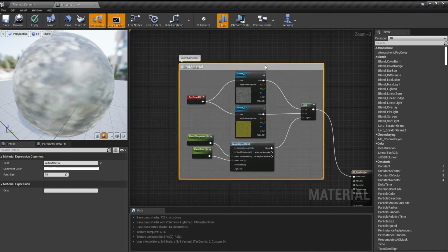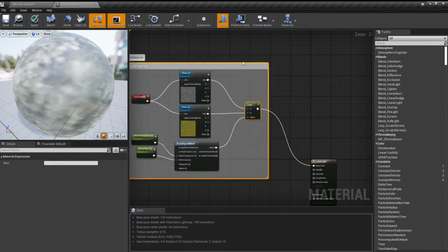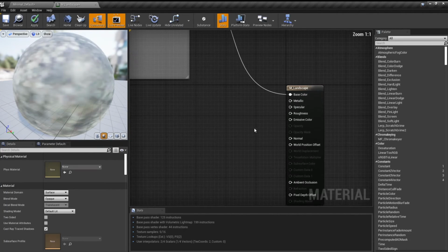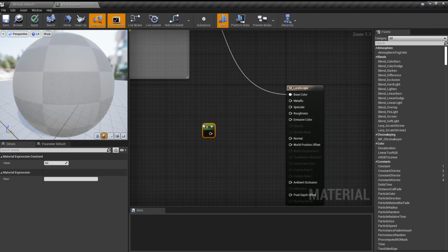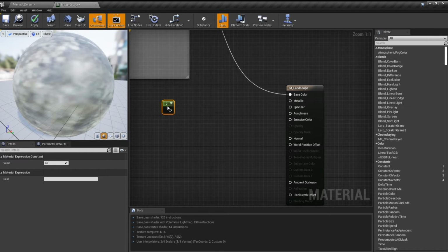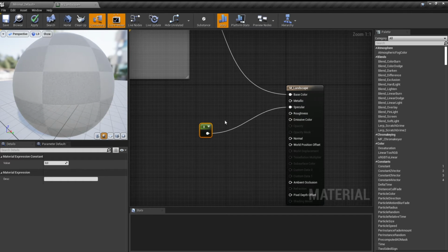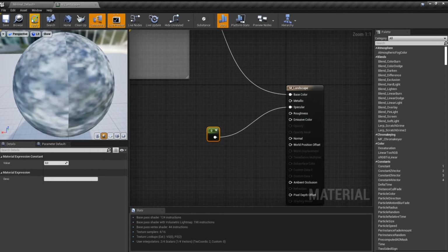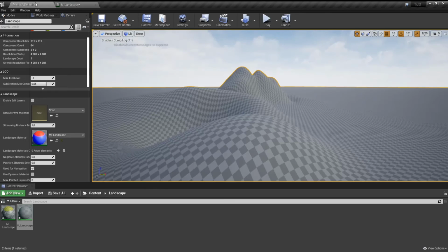You drag and drop everything on this, and now you click 1 and left click. You have this expression constant, there's only a 0, and we drag this into specular. Now when we click apply, here you see